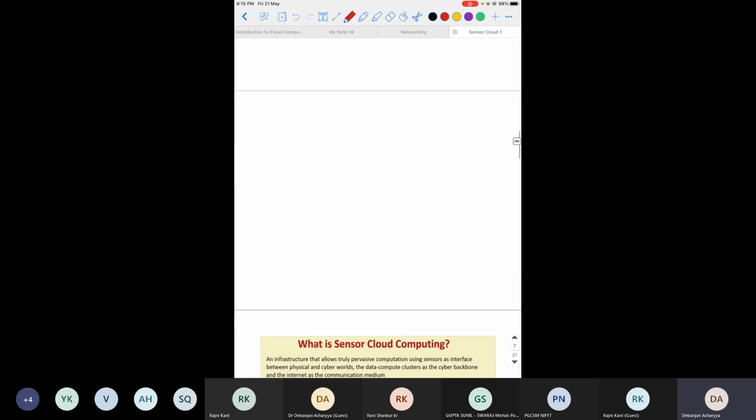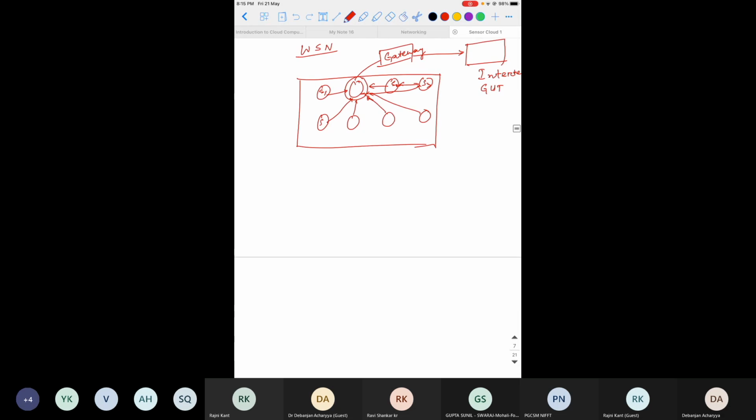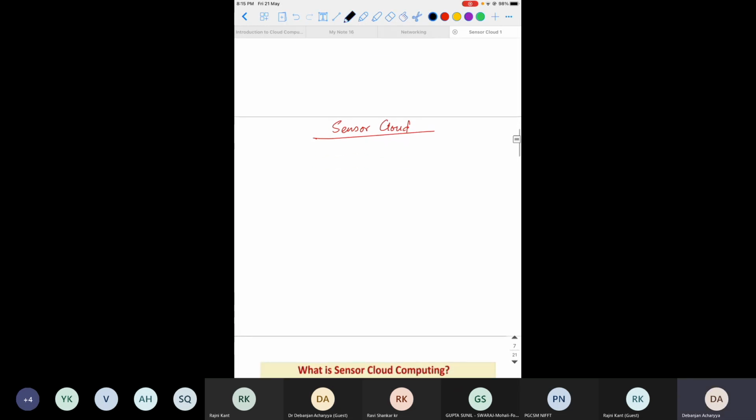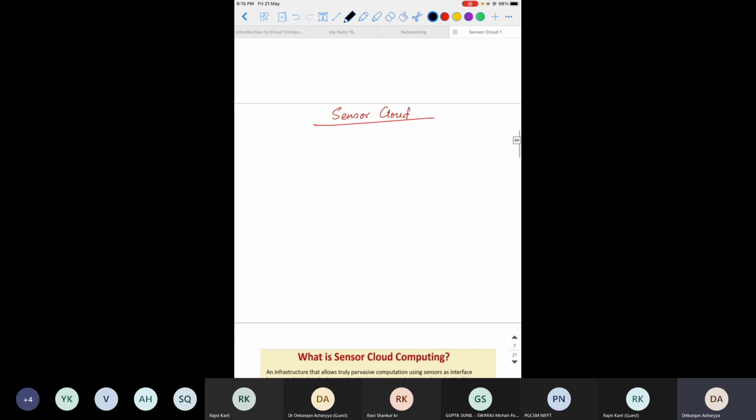Now, if I come to the sensor cloud, in the sensor cloud what happens is that you have a data source, I mean the physical sensor.